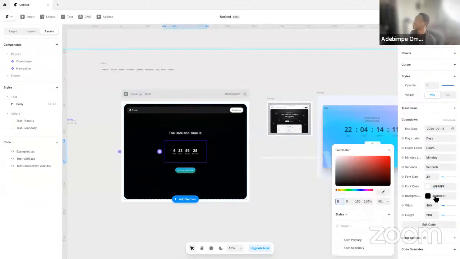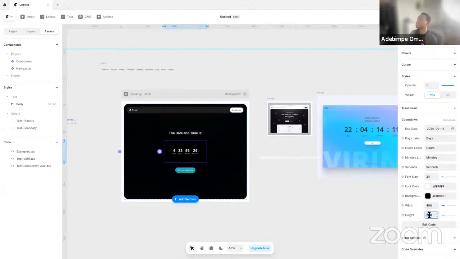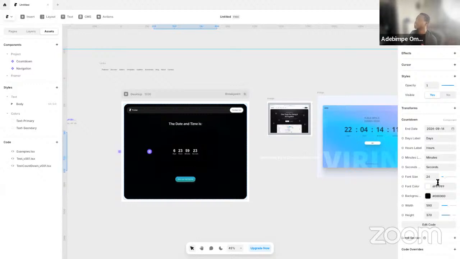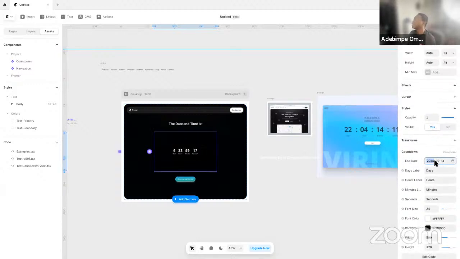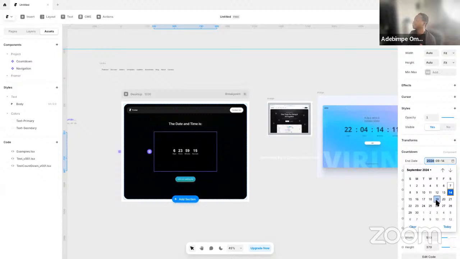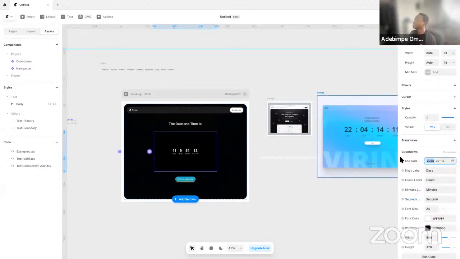I have my font, font size, background, width, and height. So I can literally set the width, the height, right? I can select the end date of what I want. So if I want it in day 19, you can see it automatically gets updated by not writing any